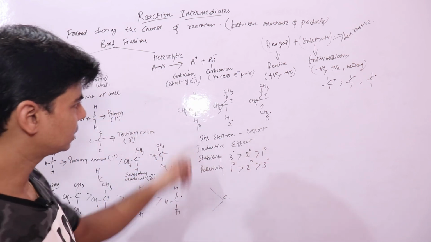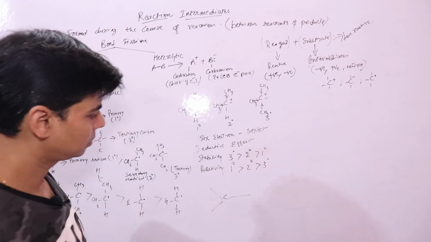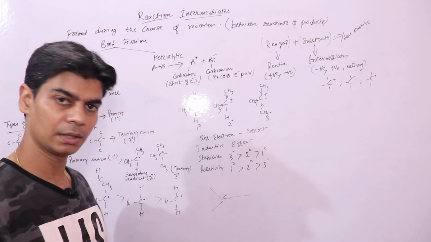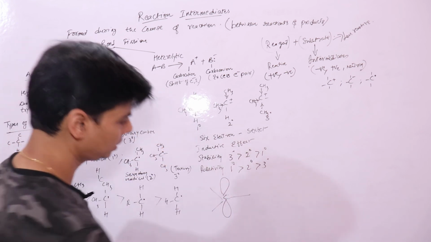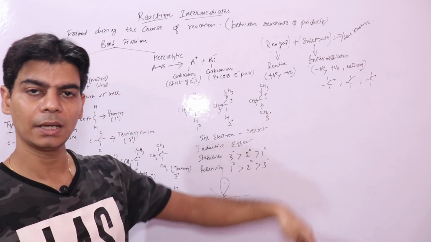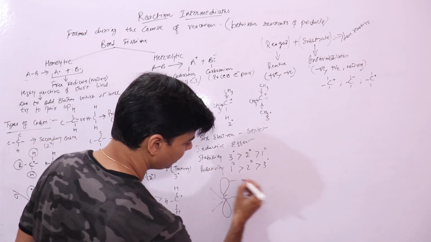Suppose let's take any of these, right? You have a positive charge here and you have 1 p orbital which is unhybridized. This is your unhybridized p orbital, right, which is empty, right? Here the 2 electrons are taken up by a highly electronegative atom, right? So this is your empty p orbital,